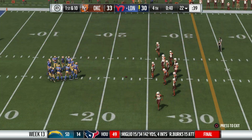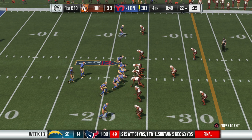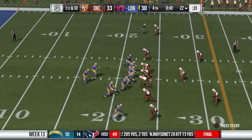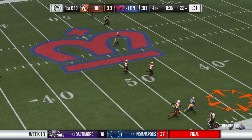Your sequence of plays has to get you out of bounds. Completions, get out of bounds, gain some yardage. Then when the clock hits 7 seconds or left, now you've got a decision. Are you in field goal range, or is it Hail Mary time? Because from 7 seconds down...